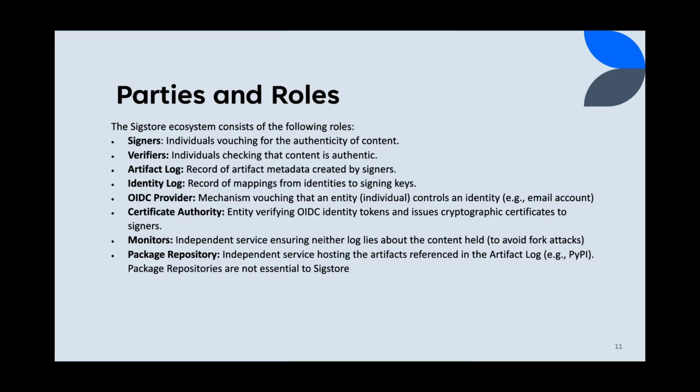Parties and roles. The Sigstore ecosystem consists of the following roles: signers, individuals vouching for the authenticity of content; verifiers, individuals checking that content is authentic; artifact log, record of artifact metadata created by signers; identity log, record of mappings from identities to signing keys; OIDC provider, mechanism vouching that an entity controls an identity; certificate authority, entity verifying OIDC